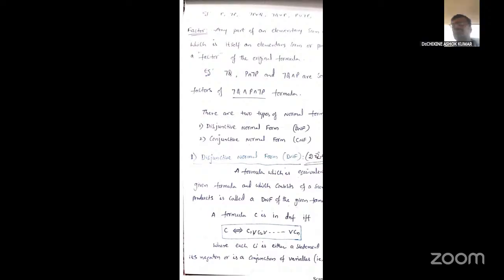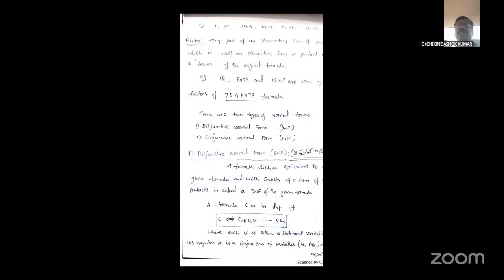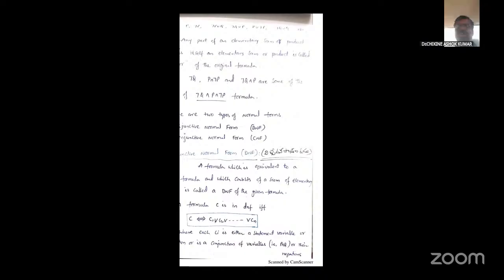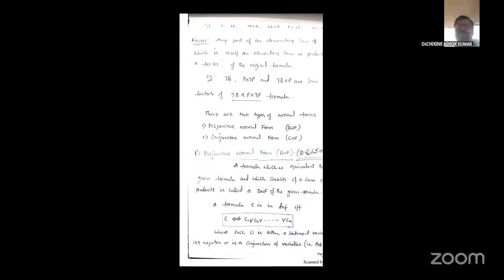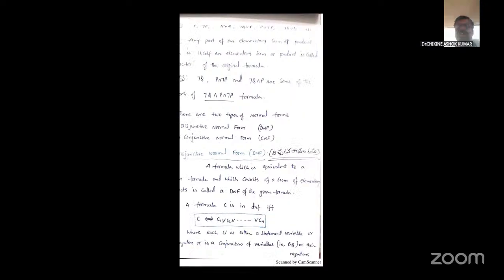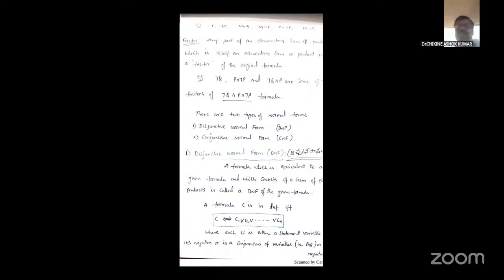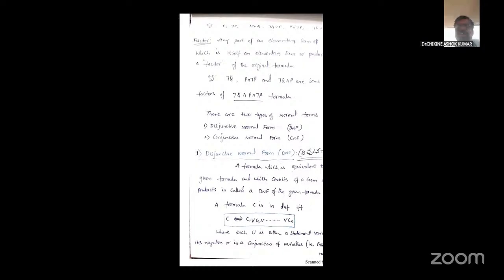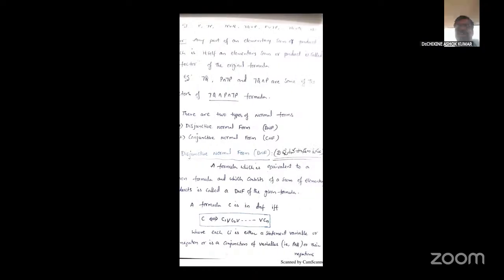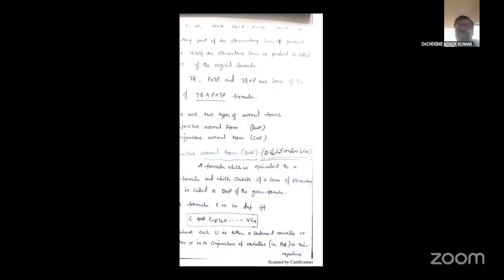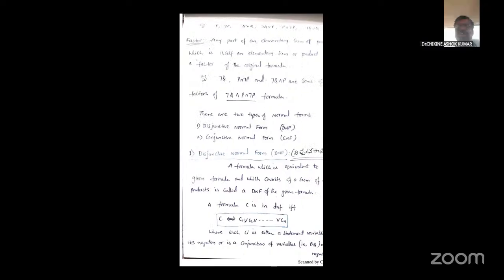That quantity is known as a factor. I will repeat once again: any part of an elementary sum or elementary product which is itself an elementary sum or product is known as a factor of the original formula. For example, Q, negation Q, P intersection negation P, or Q intersection P, or negation Q intersection P. All these combinations come under the same factors. It can be written like this: negation Q intersection P intersection